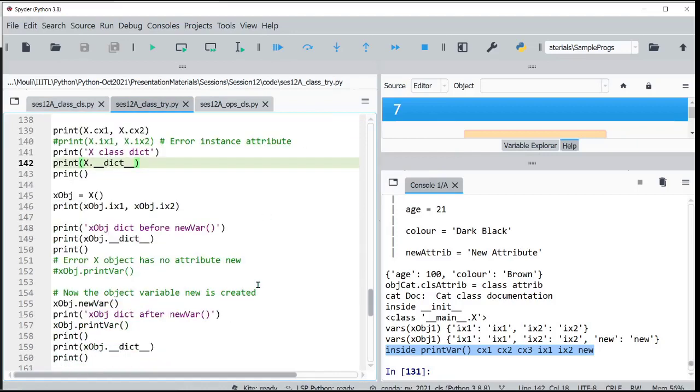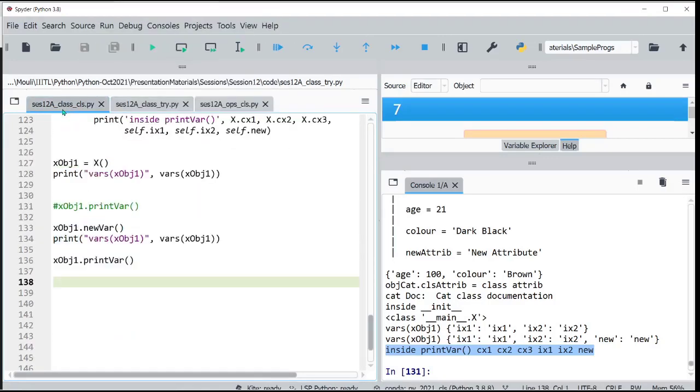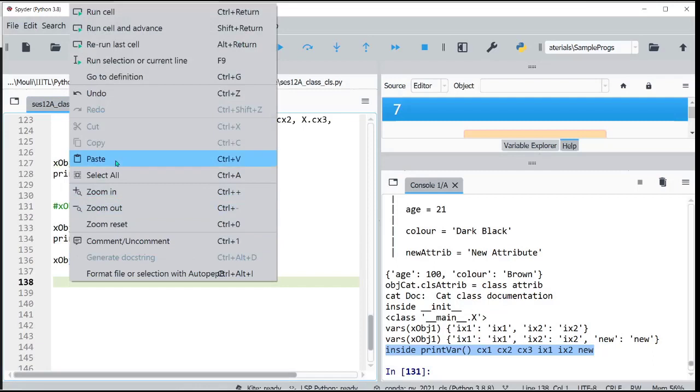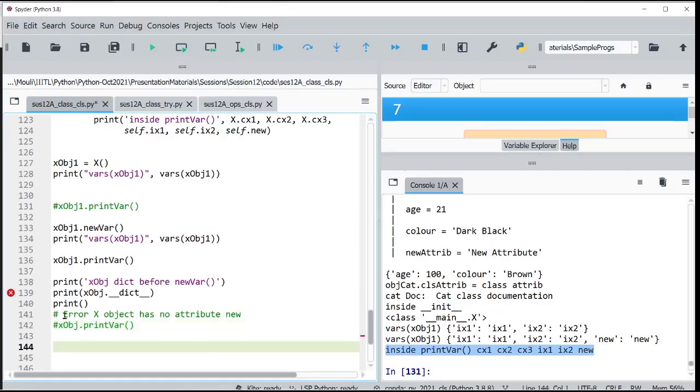What should I do? Okay, this is covered. Let me take this and explain to you what is happening. As I mentioned, the X object is not there. Okay, no problem.